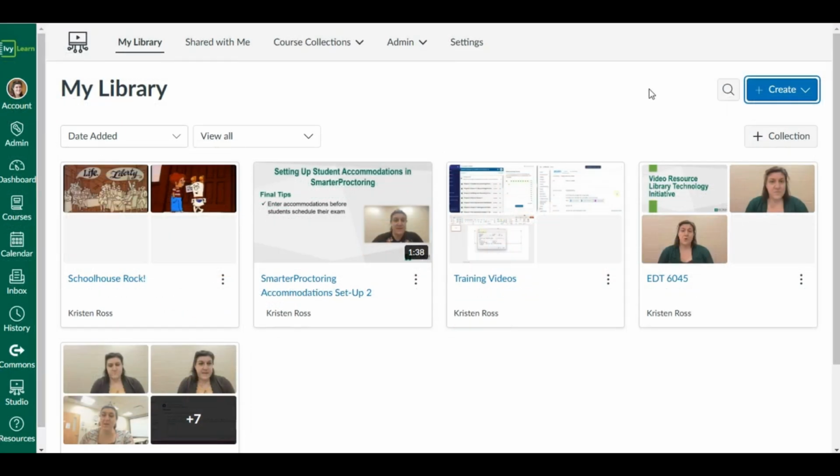So the second type of content that you can add to your studio is original content that you record within the program itself. So again, you're going to come up here to the Create button in the top corner, and you've got 2 options for recording your own content. One is Studio Capture, and one is Screencast-O-Matic. We're going to start with Studio Capture.